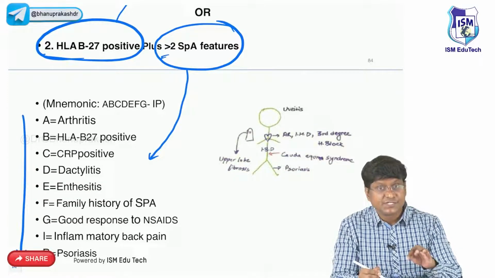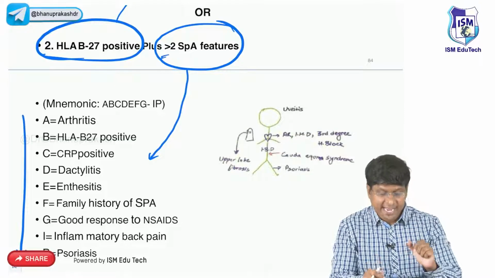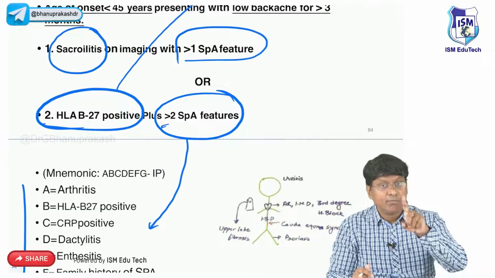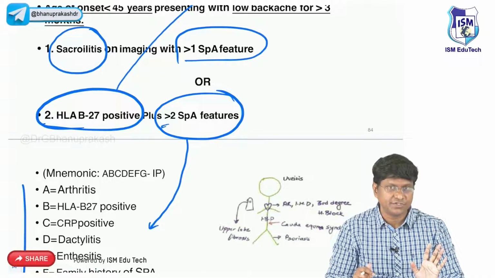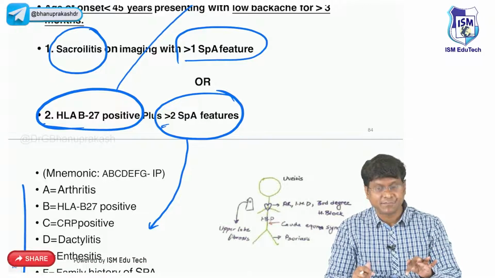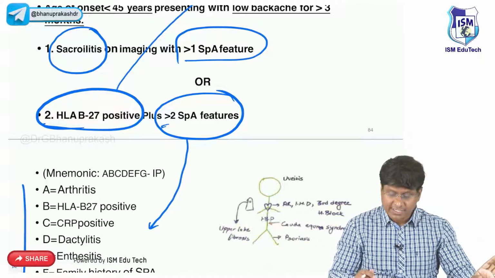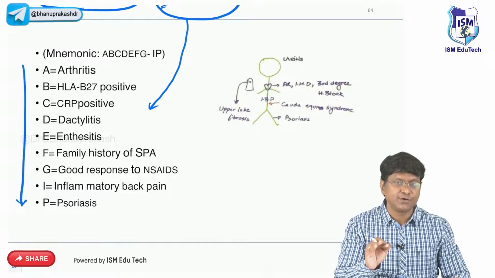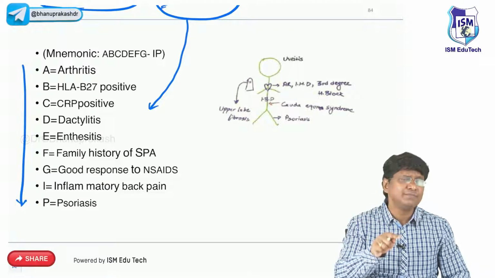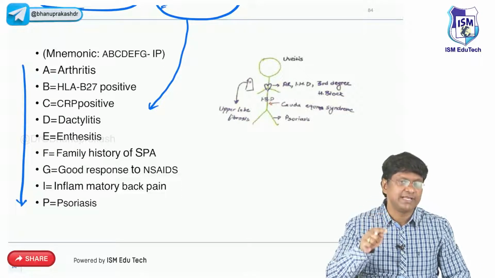These are all actually spondyloarthropathy features. And if sacroiliitis is there, more than one spondyloarthropathy feature should be there. But if HLA-B27 is positive, more than or equal to two spondyloarthropathy features should be there. Okay. Now, in these patients with ankylosing spondylitis, apart from joint involvement, that is spine as well as sacroiliac